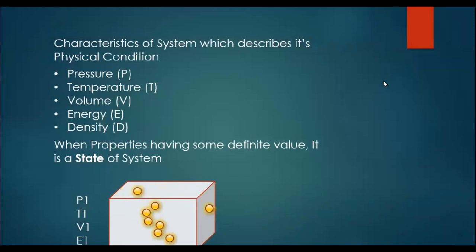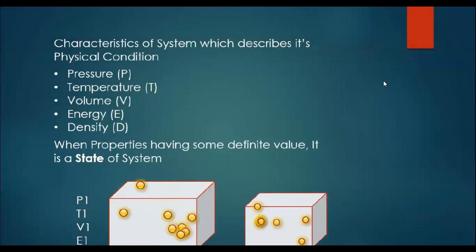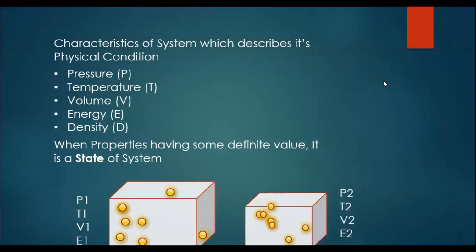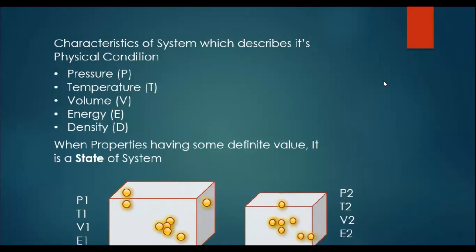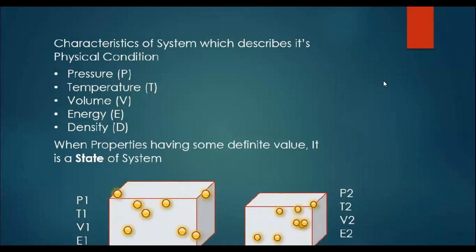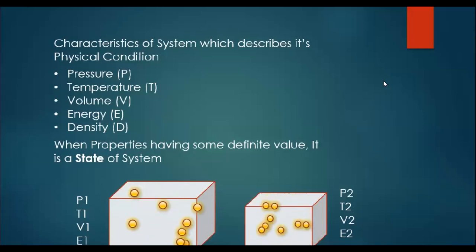Consider another system in which it is smaller in size, it is also a cube which contains gas. So it is having some another pressure P2 and temperature T2 and volume V2 and E2. So the first figure shows some state and the second figure shows some other state, because the properties values are different. Okay,